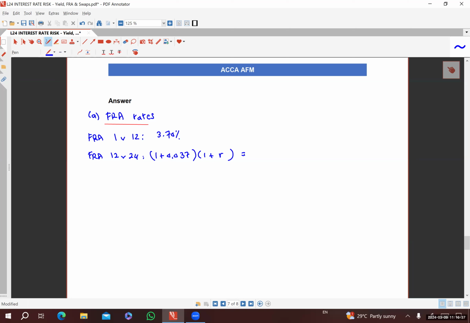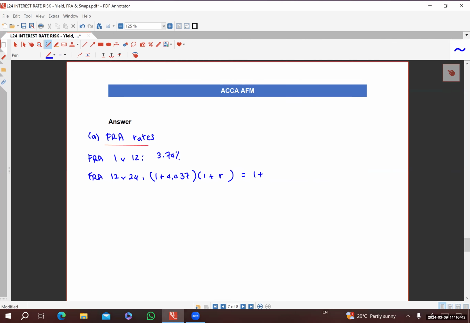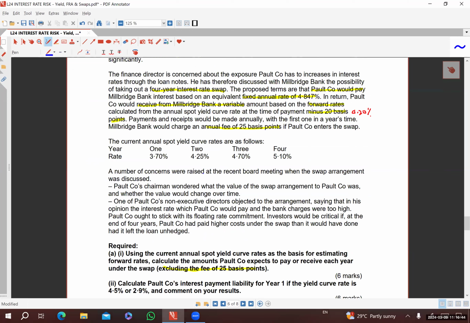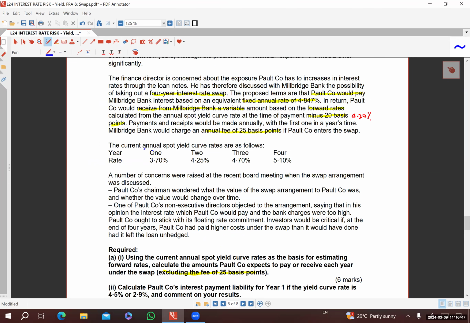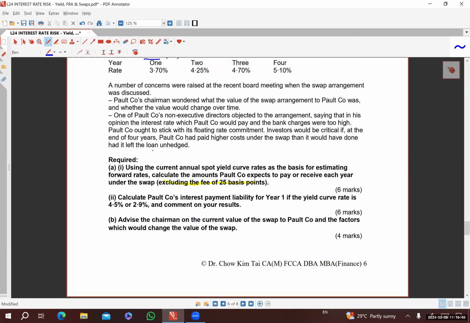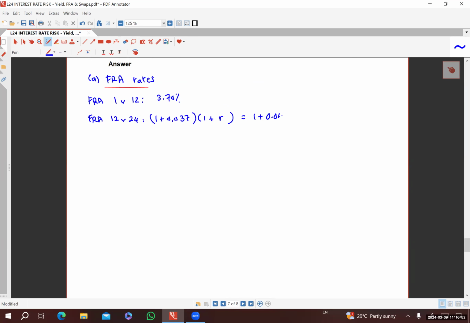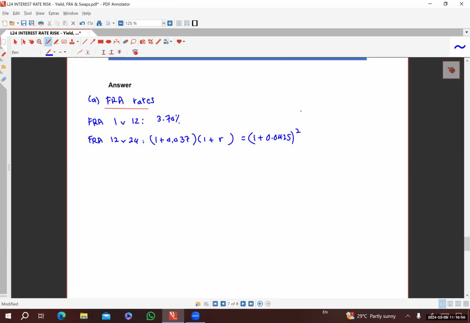That should be the same as investing $1 now directly in a 2-year bond with an interest rate of 4.25% annual, to the power of 2. So R is equal to